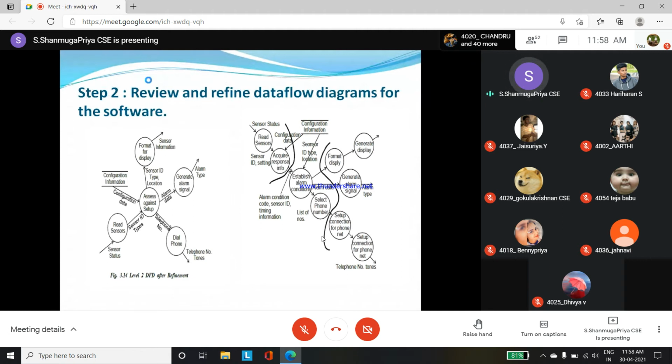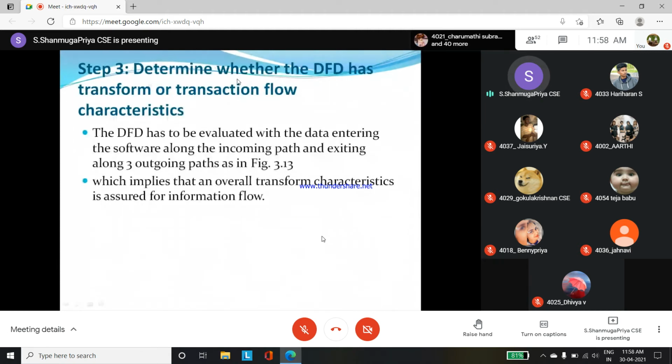Next, step 3. In step 3, we are identifying what the DFD is using, whether in the DFD diagram we are using transform or transaction flow, what concept we are using, we have to evaluate. That is our third step. We have to evaluate what data is entering, what is the incoming part, what is the existing part, whether we are going for transform or transaction flow.